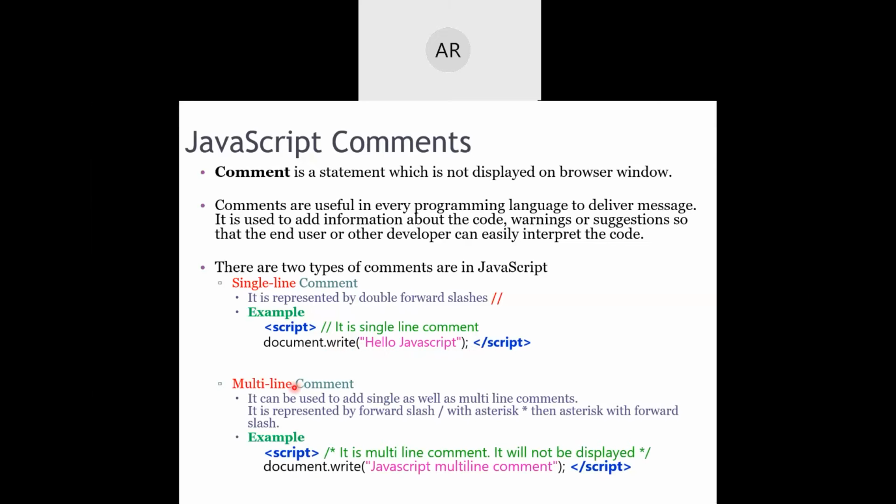Now, multi-line comments are the same as in our C language. You just need a forward slash and asterisk, then write as many lines of code as you want. Here I have written only one line because there is no space in this slide and I have to make it as short as possible. That's why I have not kept multiple lines, but you can actually have multiple lines or paragraphs.